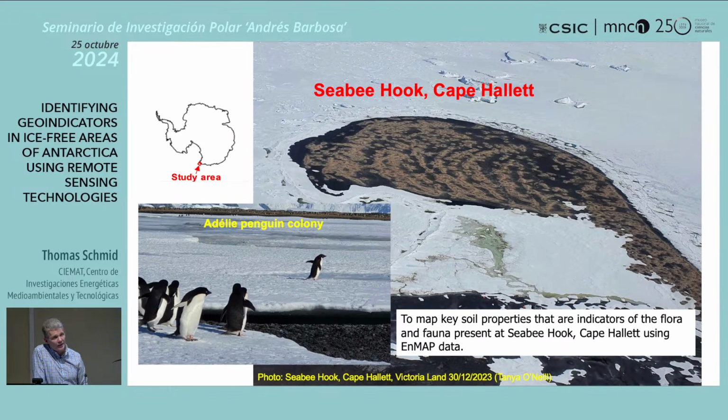Now I'm coming to an area which is called CV Hook, Cape Hallett. Before we saw that incredible image with the nice mountain range. Going in more detail, this is the area where all the penguins are. 47,000 pairs breed on here. It's an Adelie penguin colony, and we used it as a purpose to map key soil properties that are indicators of the flora and fauna which are present